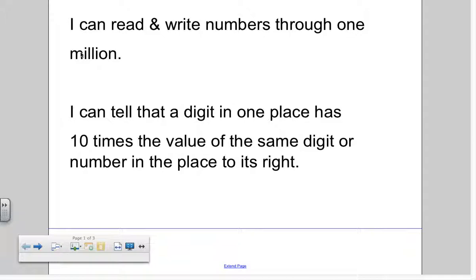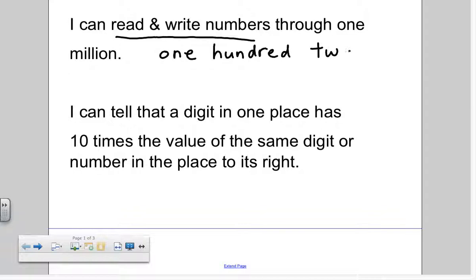Okay, students, let's review our I can statements. I can read numbers through 1 million. Make sure to keep practicing. For example, if we asked you to write the number 102, you would write 102. If we wrote a number like this,